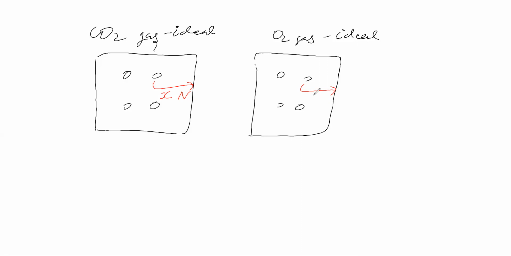So one student says that oxygen gas makes collision on the wall of the vessel with the same force as that of carbon dioxide. Okay, you are saying like this. Anyhow, carbon dioxide gas is exerting pressure and oxygen gas is also exerting pressure, by considering them ideal. Now compare the pressure exerted by carbon dioxide and the pressure exerted by oxygen gas. Compare these two magnitudes by assuming that they are ideal.